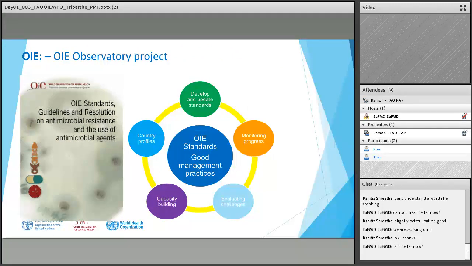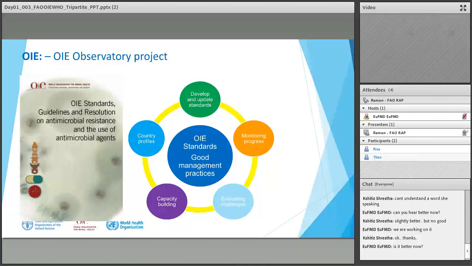This is the support which OIE extends to countries to implement international standards at country level. You know, OIE standards, it is not easy all of a sudden for any country, because the country should have some kind of capacity. They should have a very good, strong veterinary service. They should have a legal framework. And also they should have a good laboratory network for diagnosis. With all these things only, you can implement international standards to the maximum. But still, OIE supports countries to understand what these international standards are and how the countries can implement them.